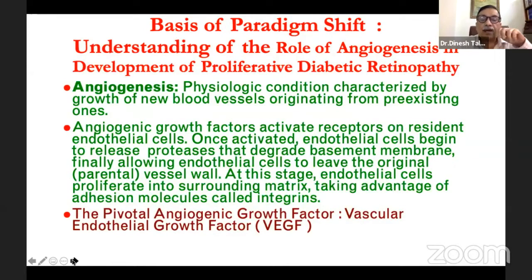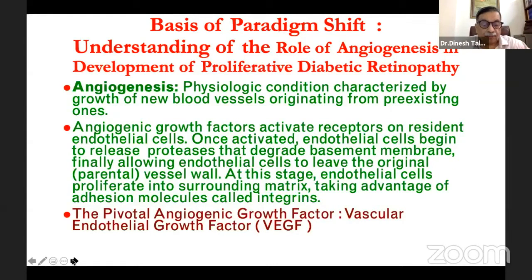And these growth factors activate the receptors on the endothelial cells, and once activated, the endothelial cells release proteases, degrade the basement membrane, finally allow these endothelial cells to leave the original peri-parental wall, and then they proliferate and cause tube formations and